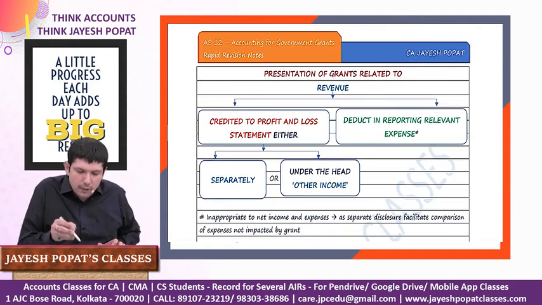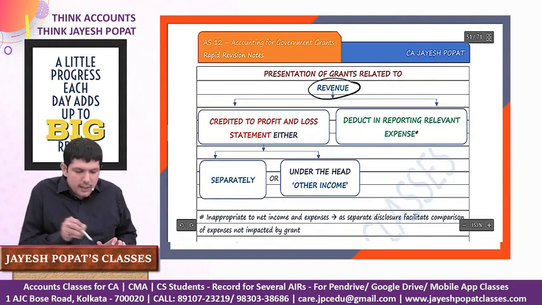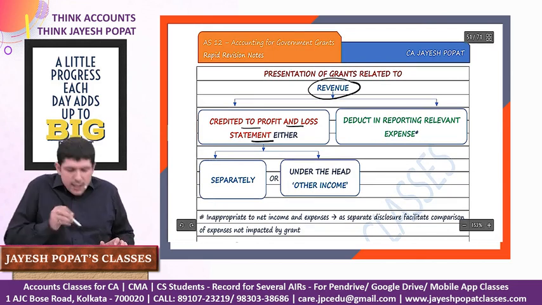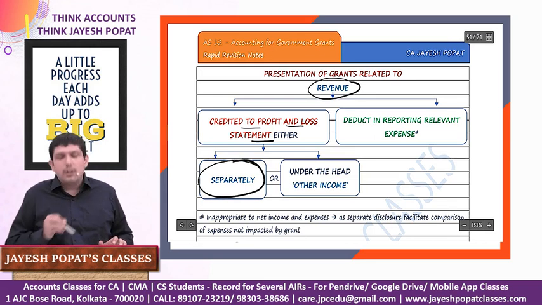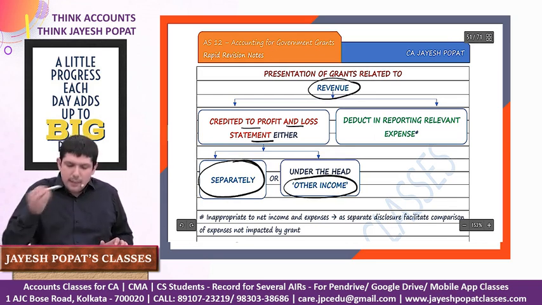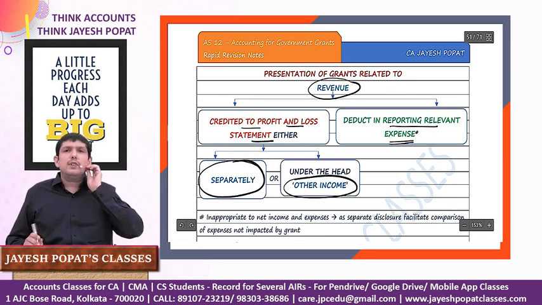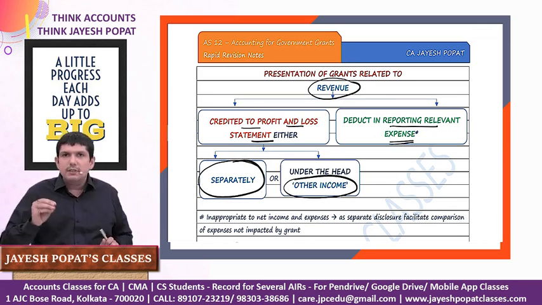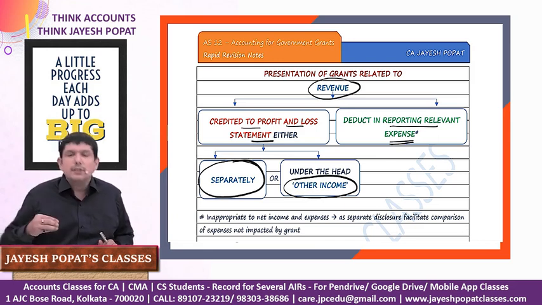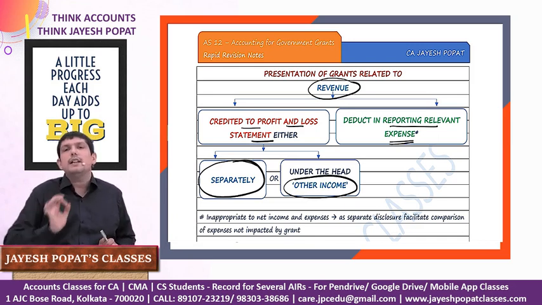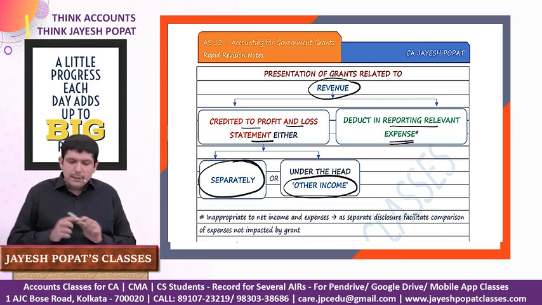Then presentation of government grant in relation to revenue. If it is in relation to revenue, credit the amount to the statement of profit and loss. Either you can show it separately or you can merge it under other income. Another option is to deduct the amount in reporting the relevant expense. For example, the grant is in relation to employee cost, right? Whatever employee cost we are incurring during the year, 20% of that cost is reimbursed to us in the form of government grant. So it says you may net off that particular grant with the amount of your expense,